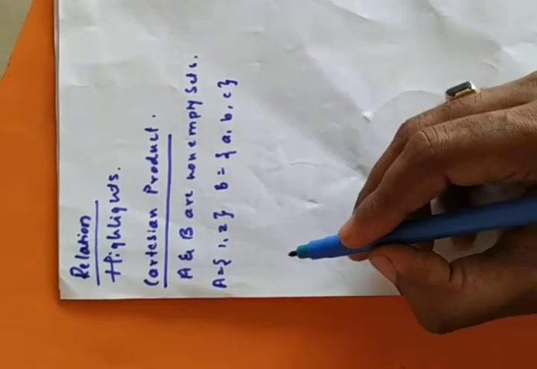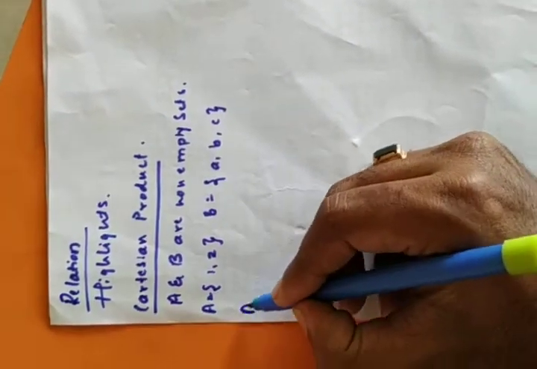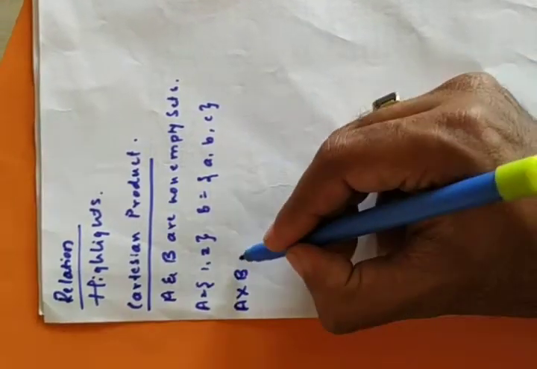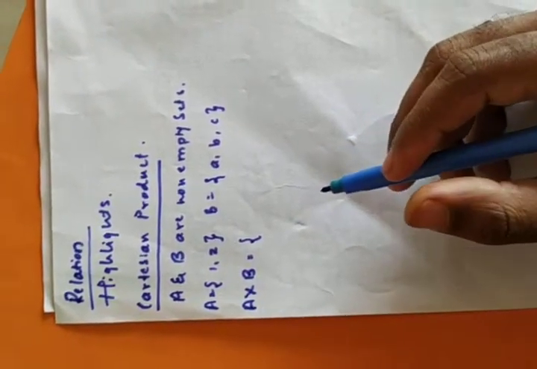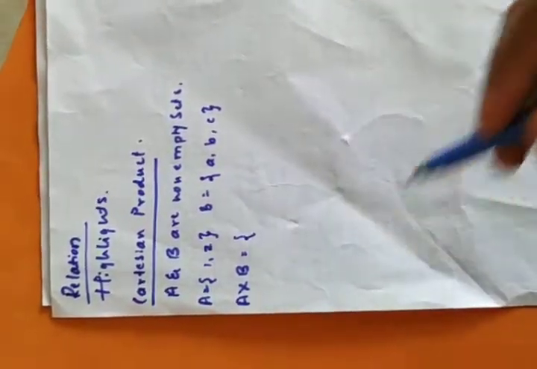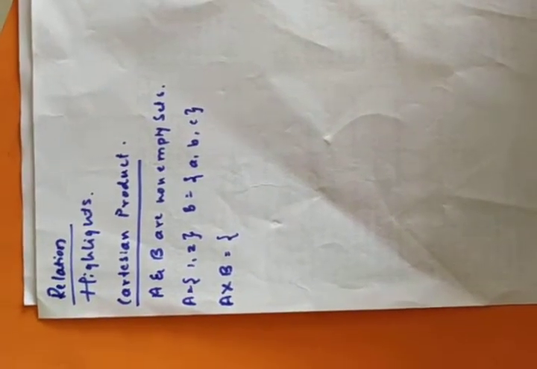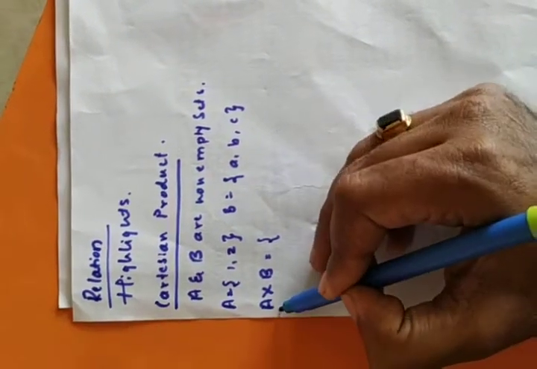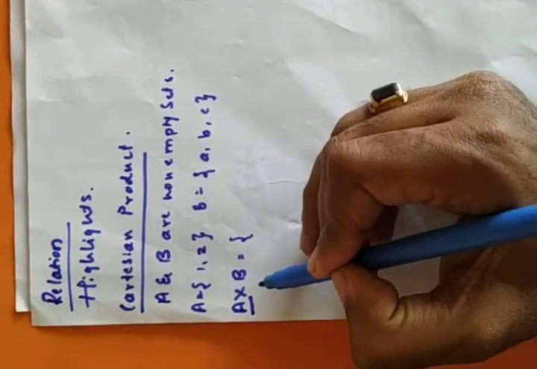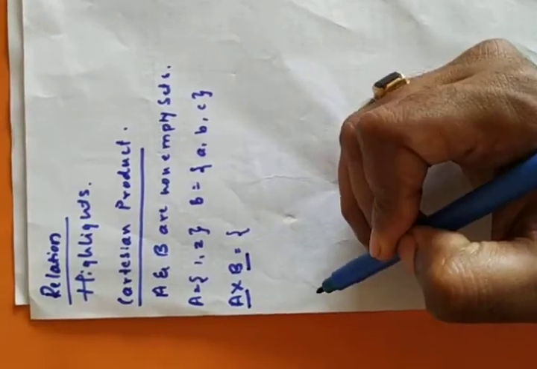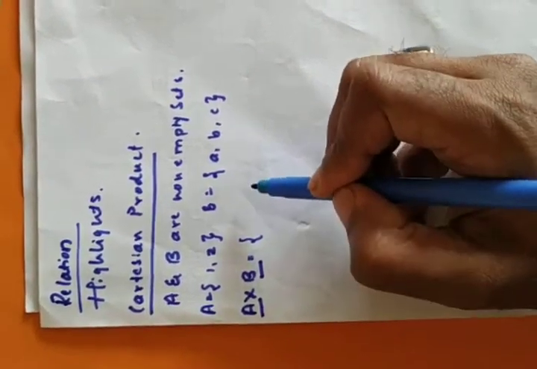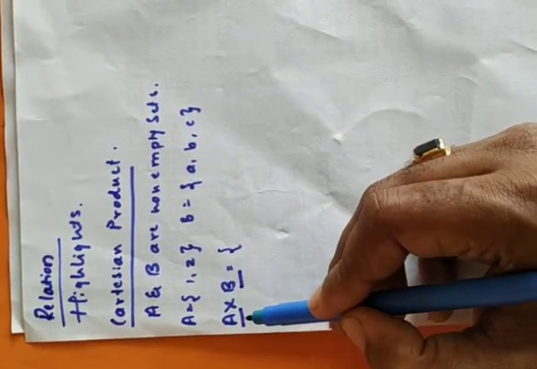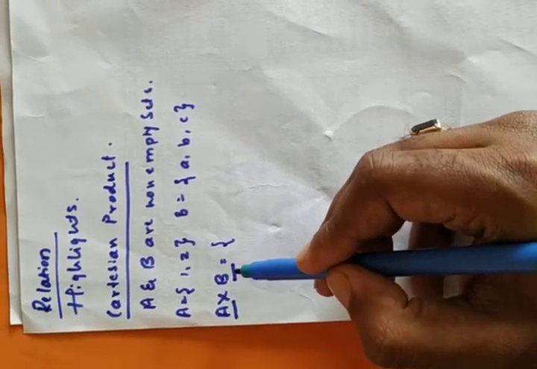So now I am going to write down the Cartesian product of A into B. The Cartesian product is denoted by the cross, and we write it in the form of ordered pairs. Afterwards I will write how to write the Cartesian product in set builder form. Here set A is the first set and B is the second set. Whenever we write down a Cartesian product, we first have to see which set is mentioned first and which second.